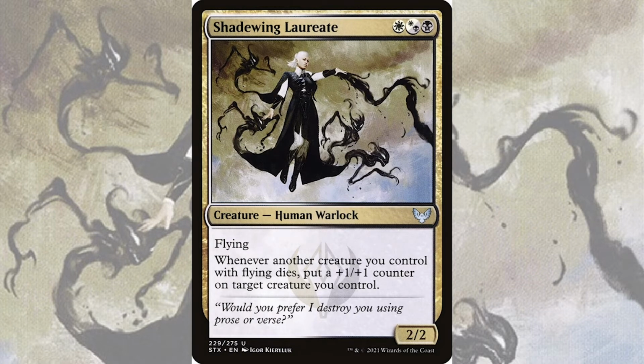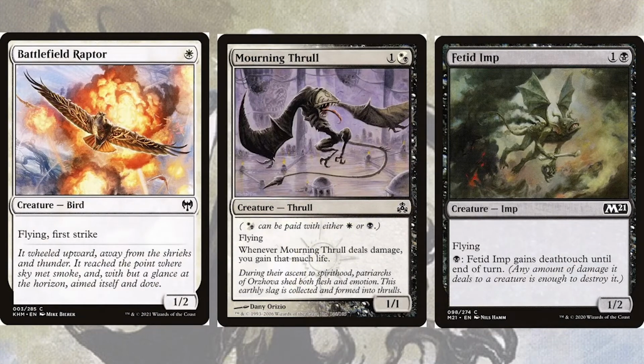So, first off, we have a lot of small cheap flyers, such as Battlefield Raptor, Morning Thrush, and Fetid Imp. We can get these out early and use them either for swinging or for blockers. All of these creatures have effective keywords, Battlefield Raptor having First Strike, Morning Thrush having Lifelink, and Fetid Imp having Pay a Black, get Deathtouch until end of turn. And those are in addition to their flying,